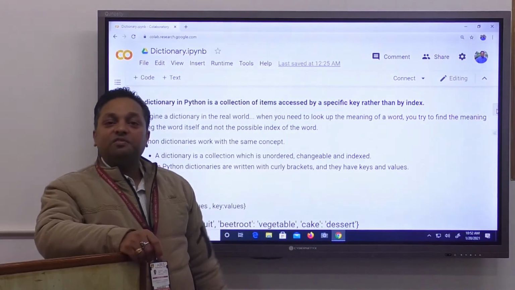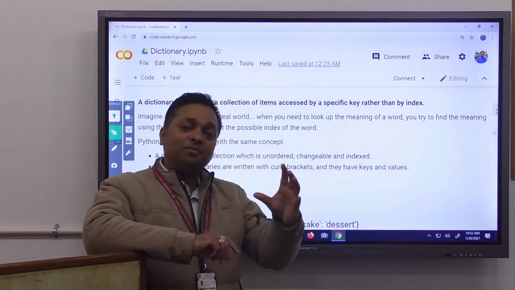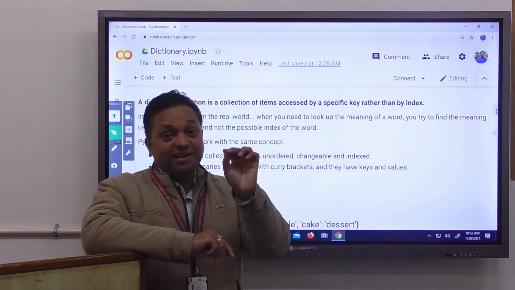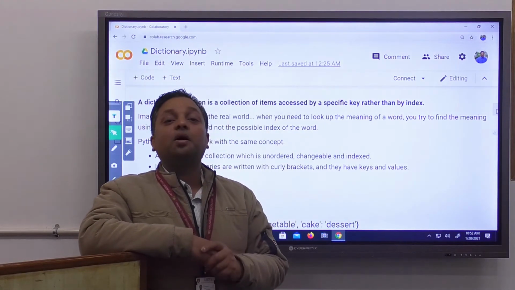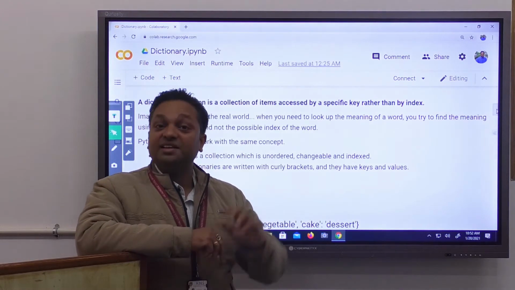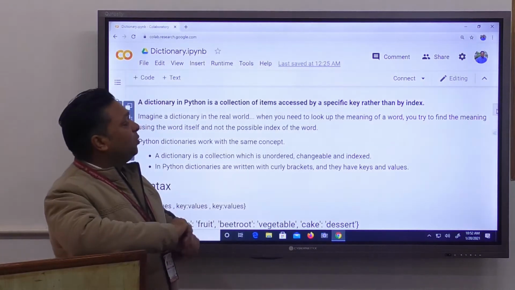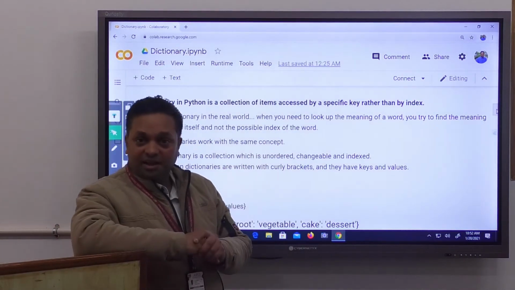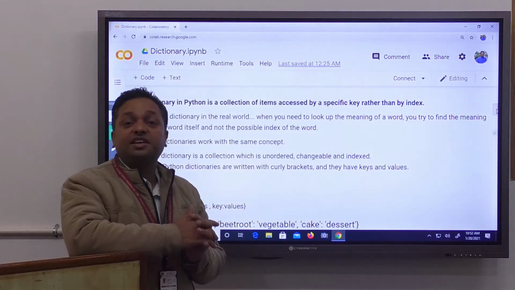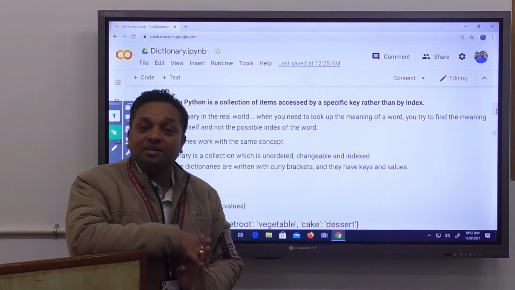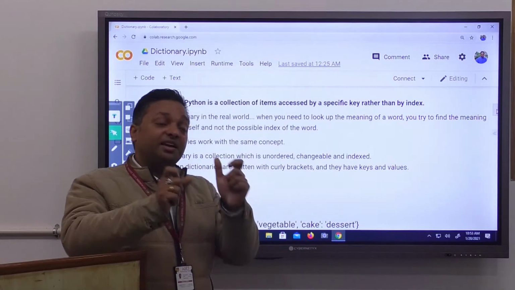As you remember, when we learned list, the list is also a collection of items, but list elements can be accessed via index because a list is an ordered list. A tuple is an ordered list too, but our dictionary has no concept of index. It always stores values as key and value pairs. Every value is associated with some key.